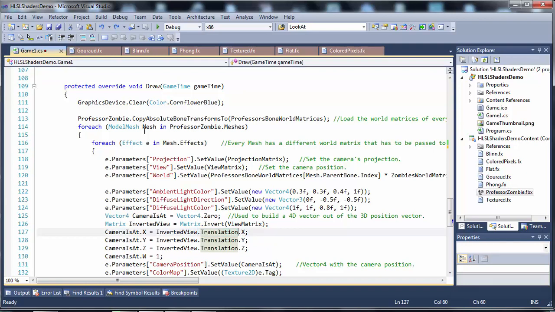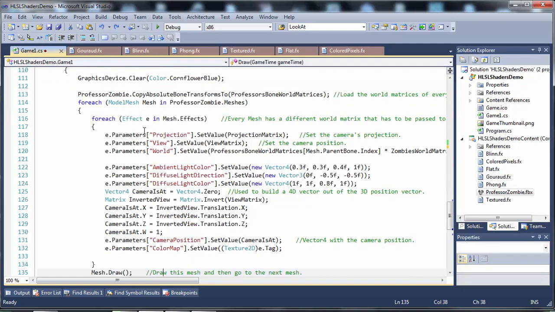Translation will give you the position out of that world matrix, which I'm now treating the view matrix as a world matrix, and I can get the x, y, and z coordinates of the position of the camera right here and store them in my vector 4 that I created, and then I set the fourth value, the w value, to 1,